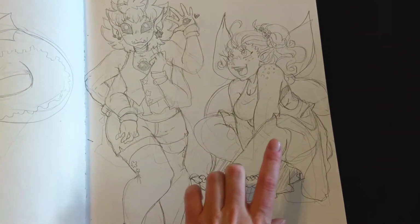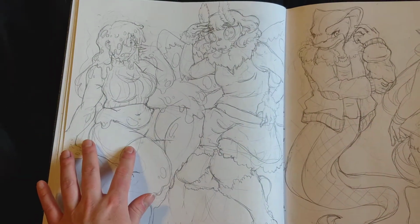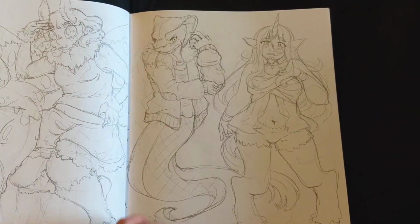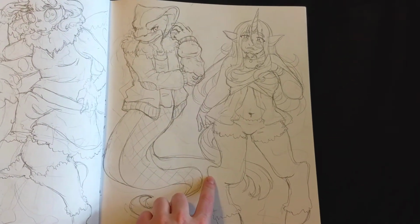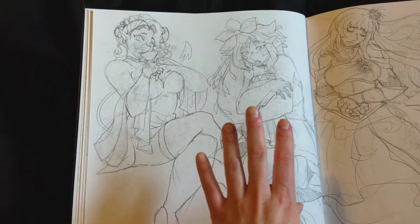So we got a mermaid, an alien. I think this was pixie, not fairy. Very specifically pixie. We had slime, insect. I chose a moth, fuzzy moth girl. We had Naga, I think, snake, and unicorn. This is where the smudge takes completely over, all over the face. This ruins the page, but there's nothing much I can do here. But this is succubus, plant,